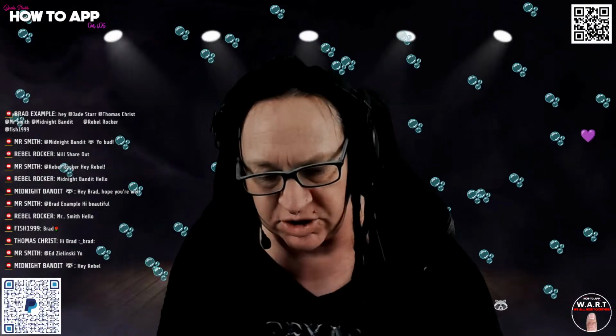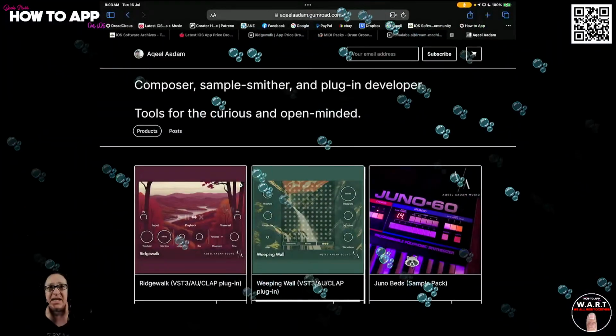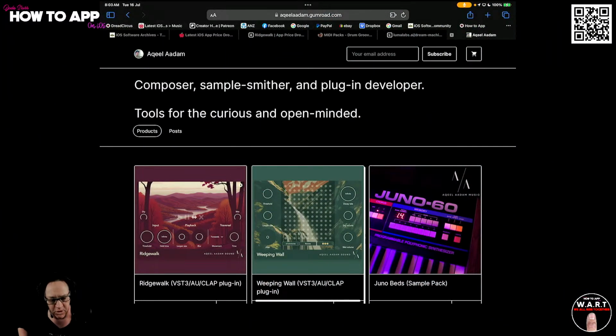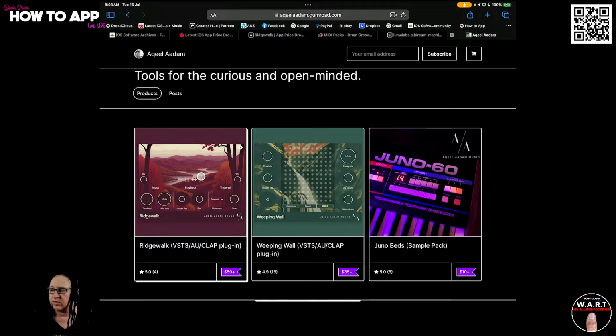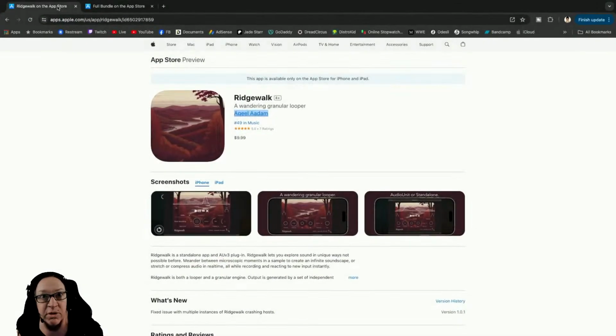You can get it on the App Store. It is available on PC, Mac, various ways. I'm going to show you right now. You can get it on your PC. Here it is here. You can get it from Gumroad. Now, Aqeel is also the developer for Weeping Wall. So it's currently sitting, Ridgewalk, at $50 if you want to get it for your PC or your Mac. What is it? VST, AU, CLAP plugin. But it is also available on iOS, which is what we're looking at today, for